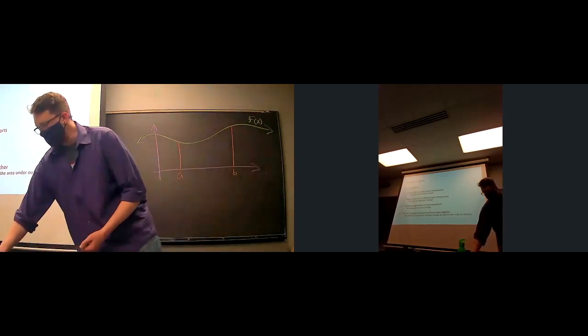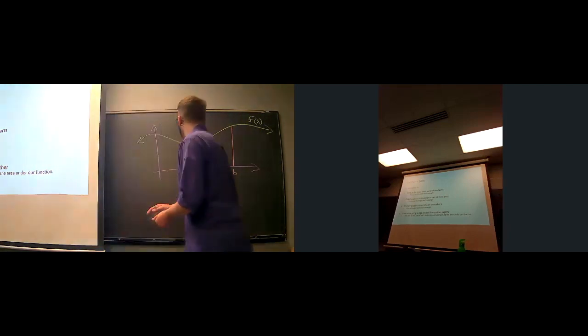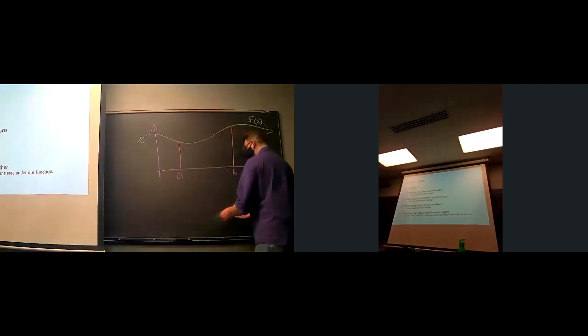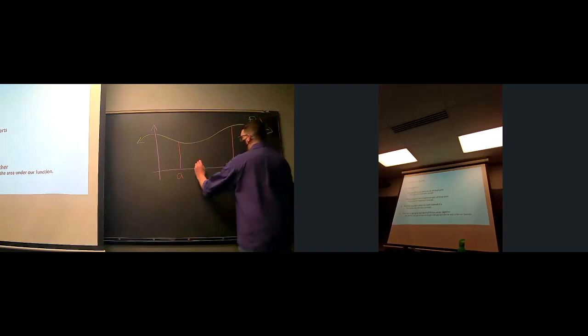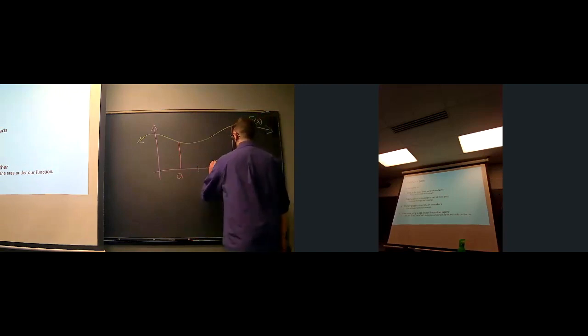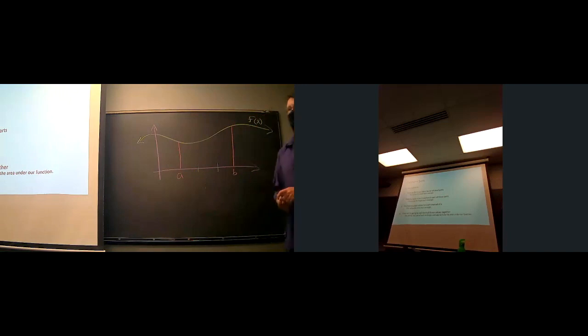We're going to start by breaking up this interval into a couple of different parts. For the sake of demonstration, let's just break it up into 3 parts. So the length of each of these parts